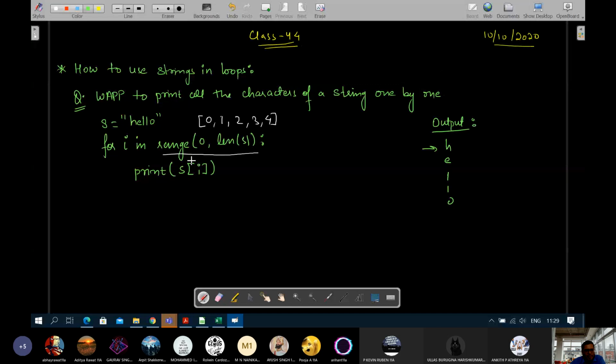Then the second time 1 will be taken up, i will become 1, s of 1 will be e. Third time, what will happen? 2 will come out, s of 2 is l, and next time i will become 3, s of 3 will be l again, and then finally o. Okay, so this way you can do.